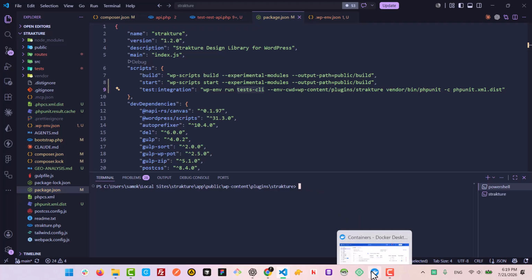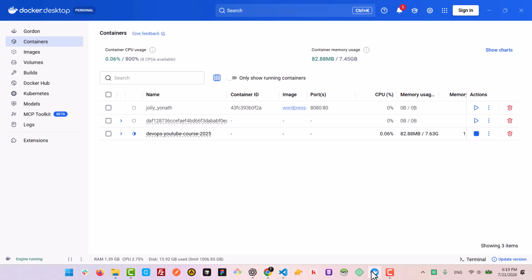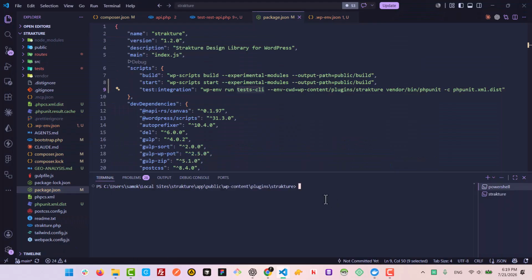Then, as I mentioned earlier, make sure that Docker Desktop is installed and running, and then Node.js and Composer must also be installed. So once all these tools are installed, next, what you should do is navigate to your plugin. So in my case, I will be using an example of my own plugin. Here I have already some tests, but I'm going to explain you basically the setup. So once you are inside your plugin directory in your terminal, what you're going to do is run this command,